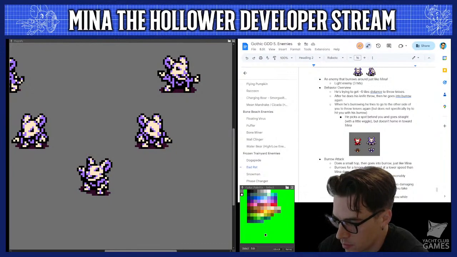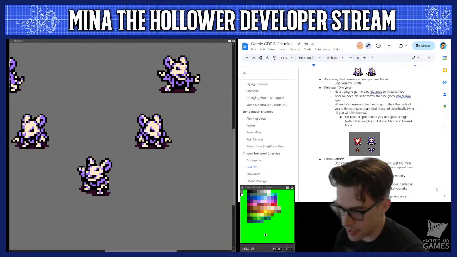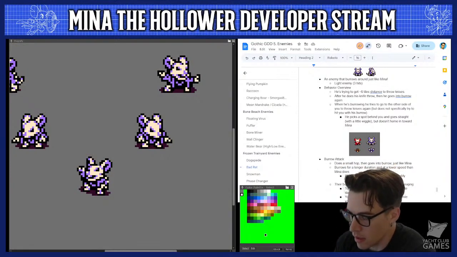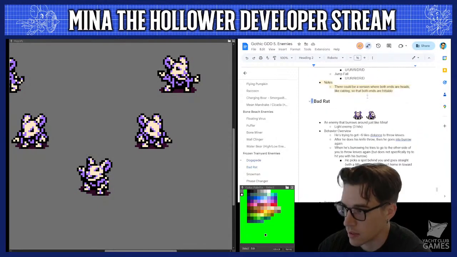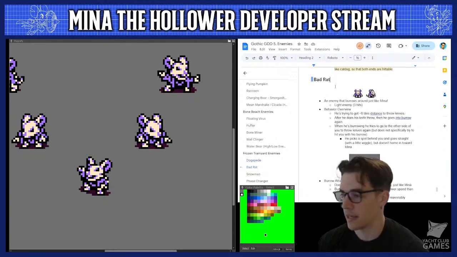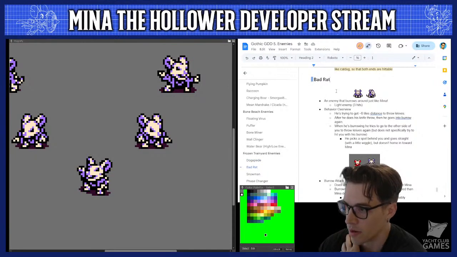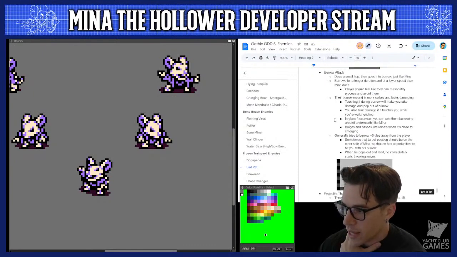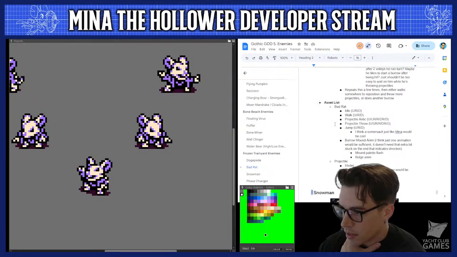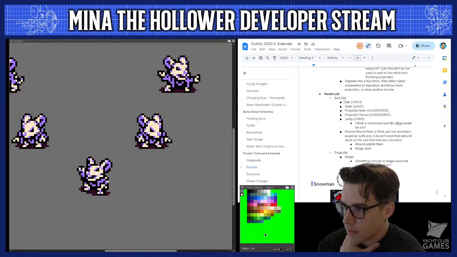Anthony asks, when animating a sprite for a game like this, how many frames of animation would you say is the ideal number to aim for? It completely depends on the needs of the sprite, or the needs of the enemy in this case. So looking at this game design document, part of our process is after the design team writes up all of the requirements, like the attacks and all the type of behavior it has, we put together an asset list at the bottom. And so we know that in order to fulfill the needs of this design, we need an idle,